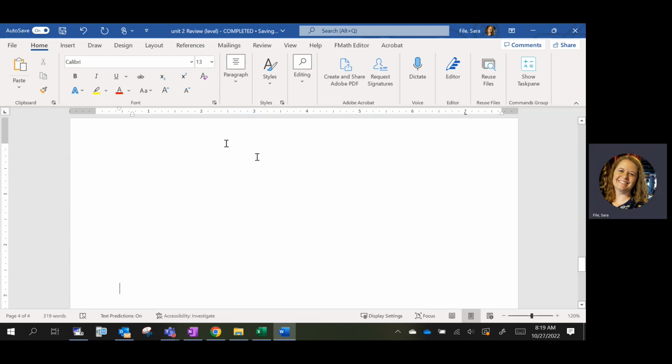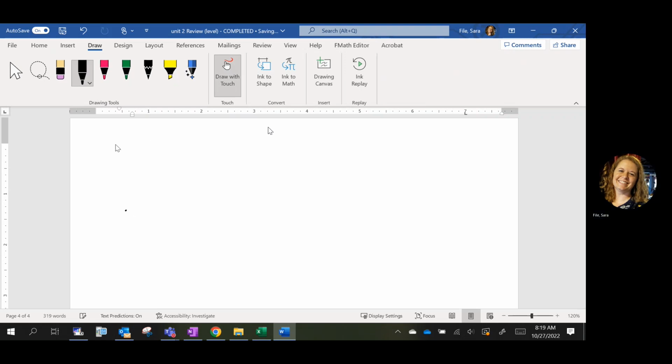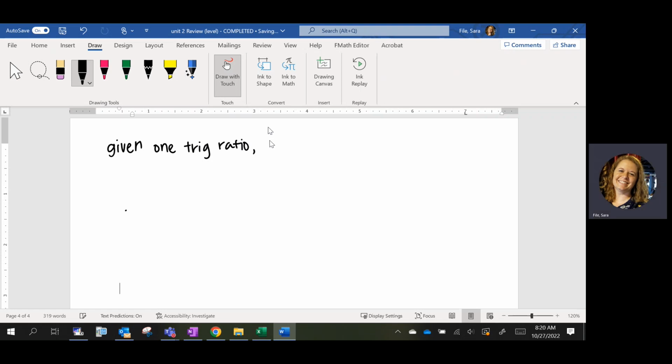I'm just going to use this blank space in the back to do these that aren't from the review, was a question from the quiz where it asked you, given one trig function, or trig ratio, I should say, given one trig ratio, find another. Now, on your review, what this corresponds to